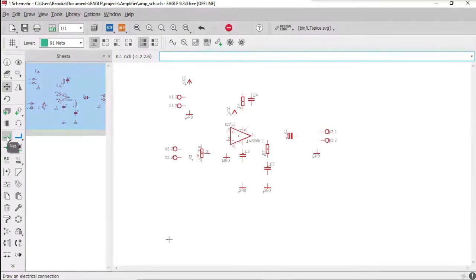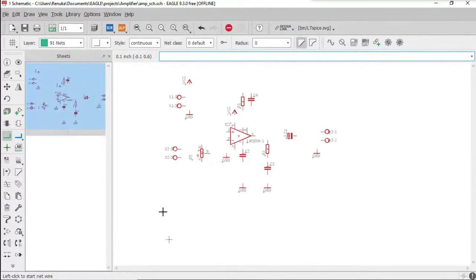That is the one with the green color symbol. After you have selected, you can make electrical connection by placing the cursor at the end of each component, clicking on it and dragging. You can see a green color wire coming out of that,